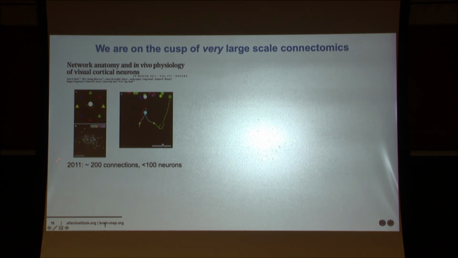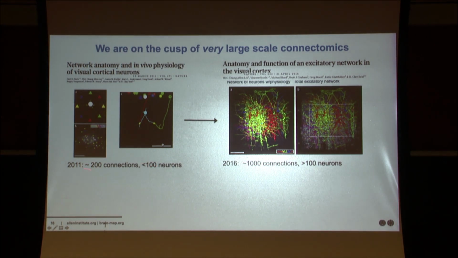In 2011, we had a lot of data, but everything was traced by hand, and we were only able to look at a couple hundred connections. But we followed our noses, cared about the neurons that we had imaged, that we had seen what they do in the living brain, to address questions about what those connections might look like in those neurons. And we got some science with only 200 connections.